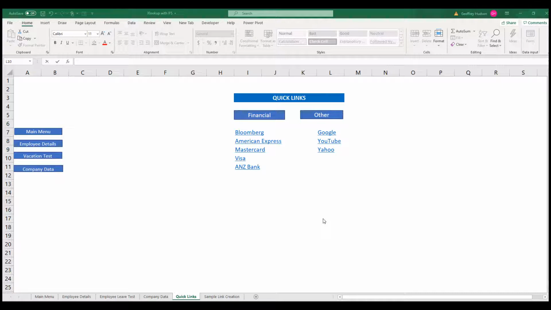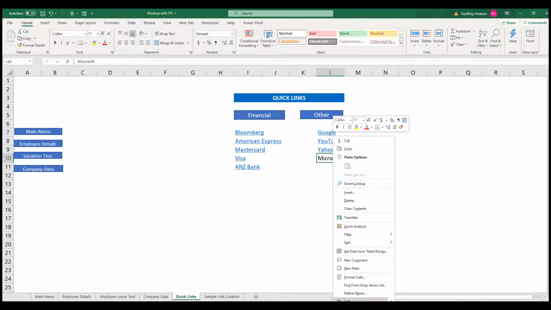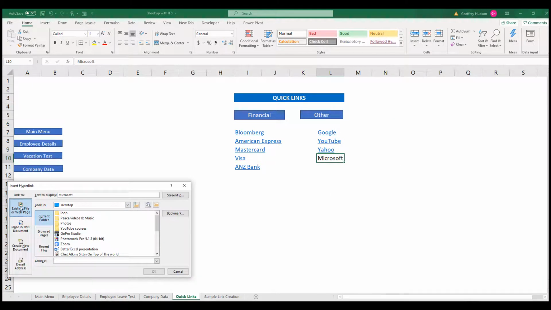Now the very last page we'll look at creating, which you can do at your discretion, is to create quick links to commonly used web pages or web pages that you go to very regularly. I'm going to create one here for Microsoft so that you can see how it's created. So I type in the name of the site, and then when I right click and go down to Link, I then need to make sure I'm looking at the existing file or web page, and I type in the address bar